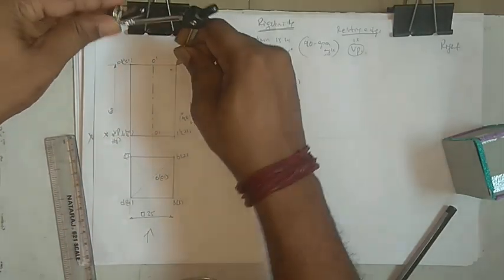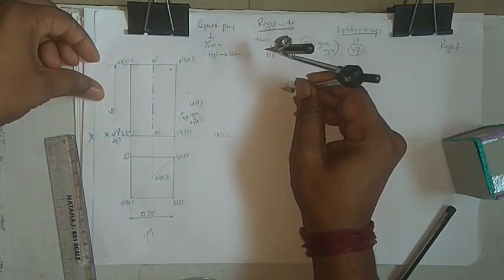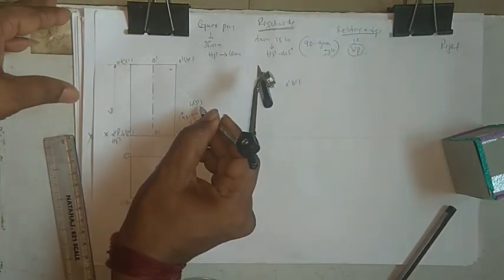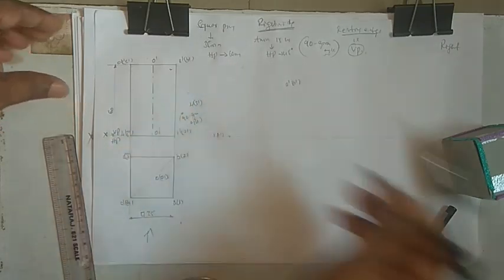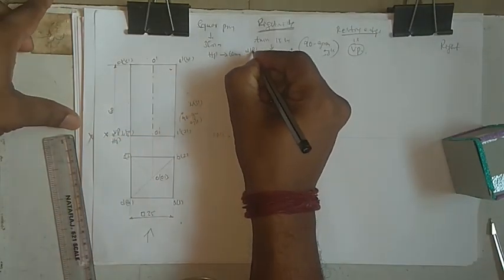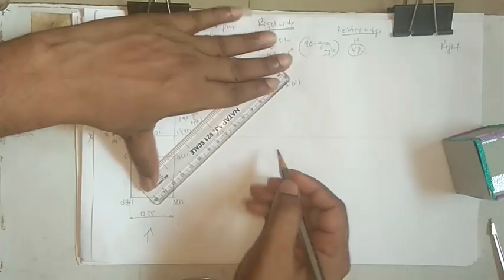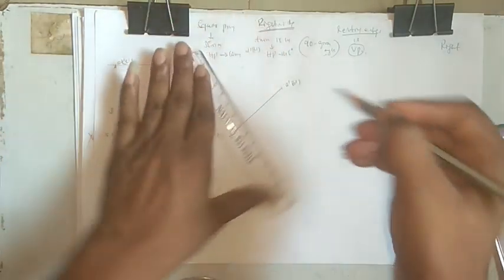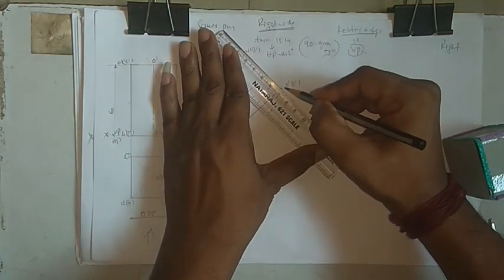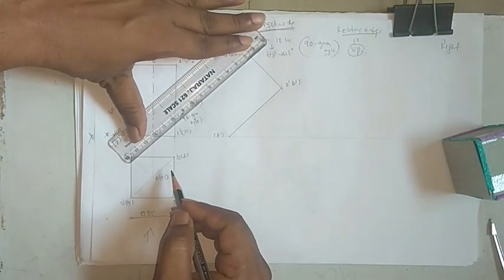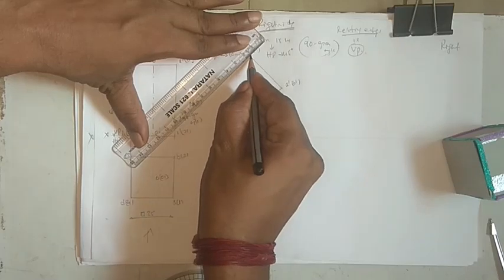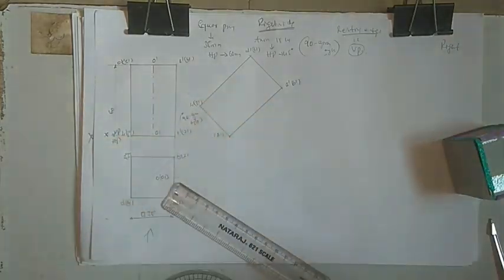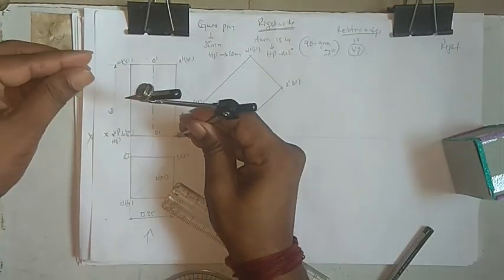So now from A dash B dash, take D dash C dash, one arc, and from 4 dash 3 dash take one more arc. So cut on this one. Now we got D dash in the bracket C dash. Okay, so now just like this. Now take the axis line, that is the midpoint here.